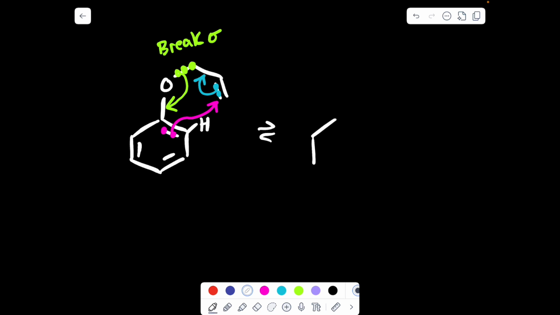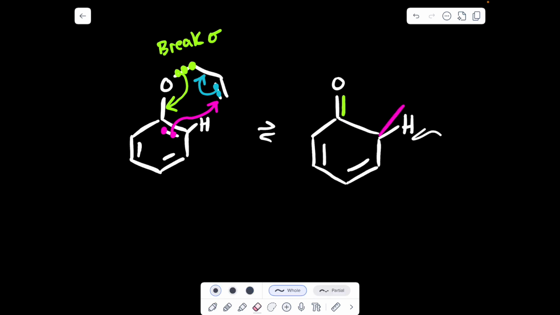So what do we get? Play the game of draw in what did not change. So none of these things changed. Now we get an O, a new green pi bond. A pink bond goes there. I'm going to erase this hydrogen just for simplicity. There's still a white single bond there, and a white single bond there, and there's a blue pi bond there. Oh no, we broke aromaticity. But what can you identify? The shimmy, shimmy, shift. We can identify a keto